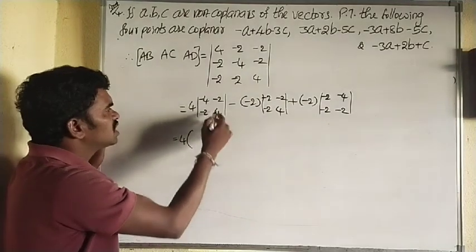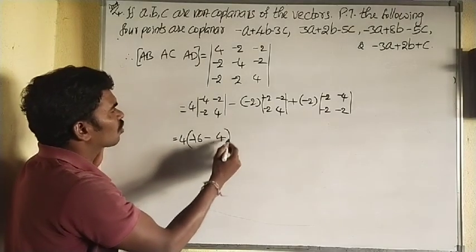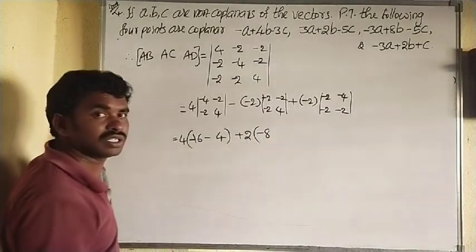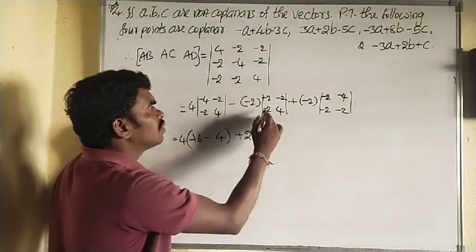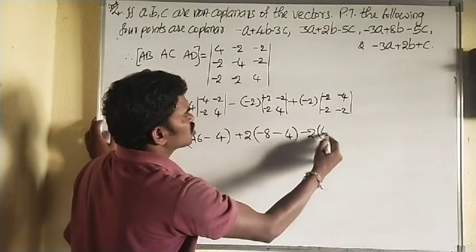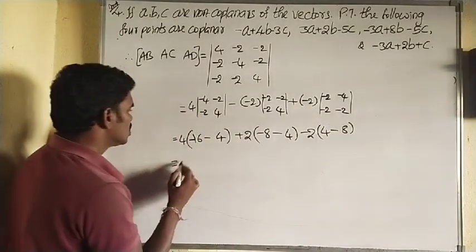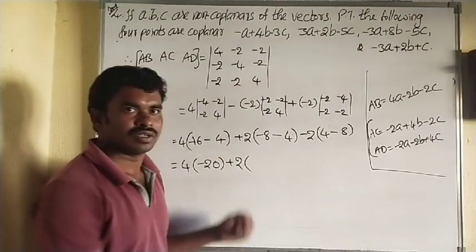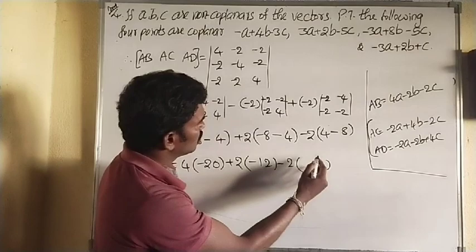So do the cross multiplication. -4 into 4 is -16 minus -2 into -2 plus 4. And minus into minus plus 2. -2 into 4 is -8. Cross multiplication. First -2 into 8 is -8 minus, keep minus, then -2 into -2 plus 4. And plus into minus -2. -2 into -2 plus 4 minus -2 into -4 is plus 8. Okay. So now 4 into -16 -4 it becomes -20 plus 2 into, okay, -8 -4 -12 -2 into, sorry,